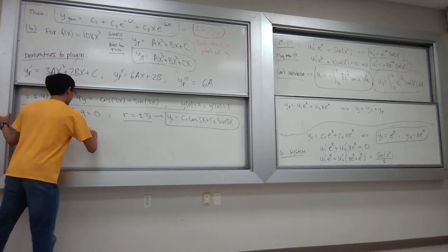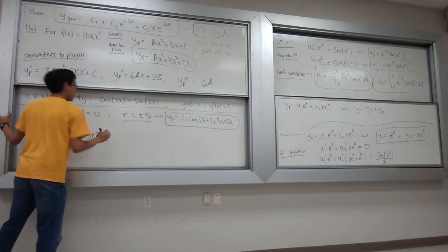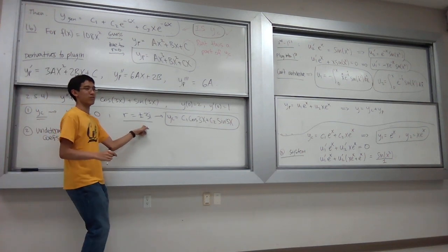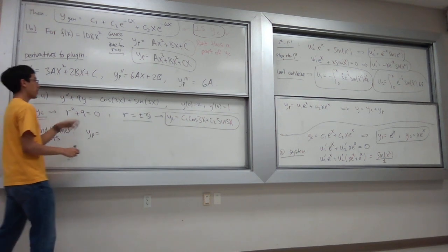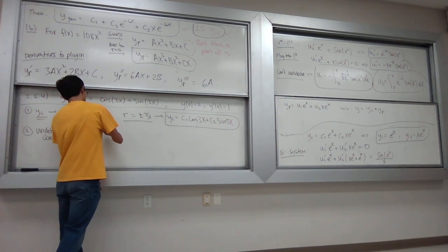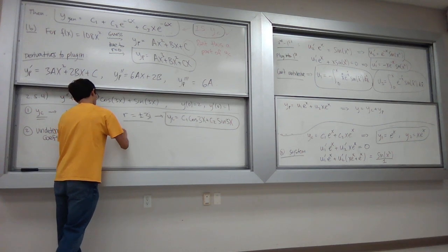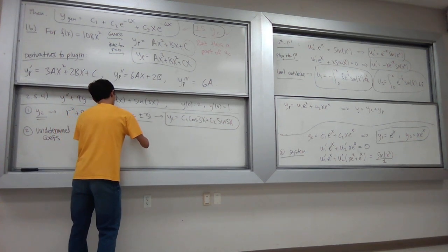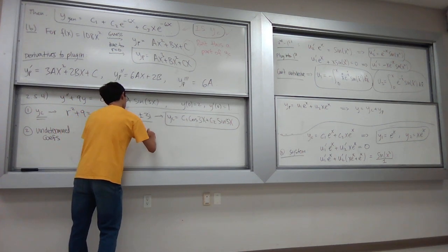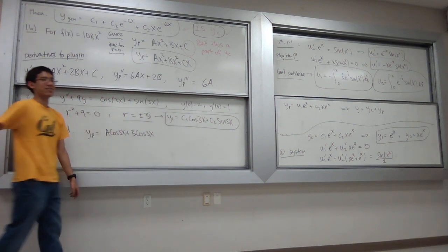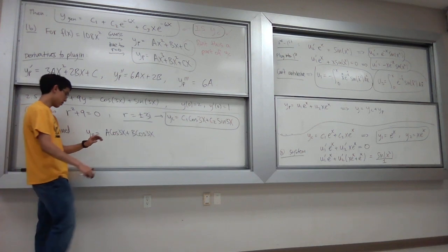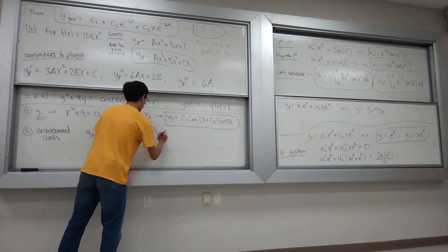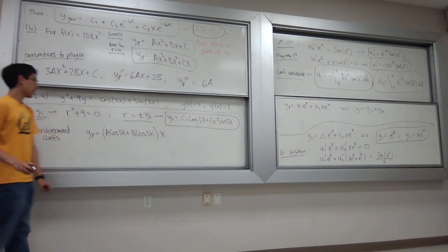What should we guess for yp before we even know that these are the roots? A cosine and B sine of 3x. Yeah, but we see that these are the complementary solutions exactly, right? So how would we have to rescale this? By x. Right? In other words,